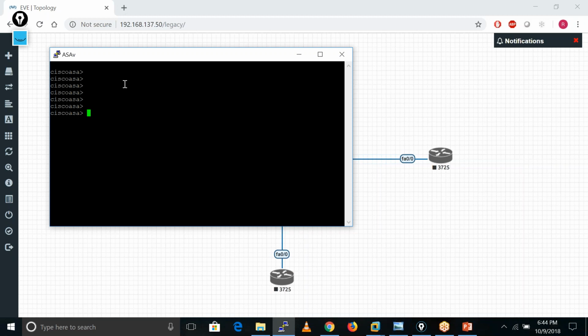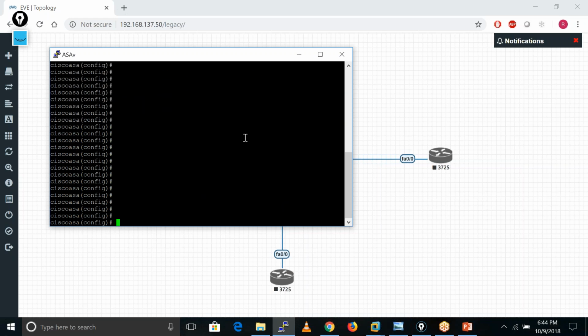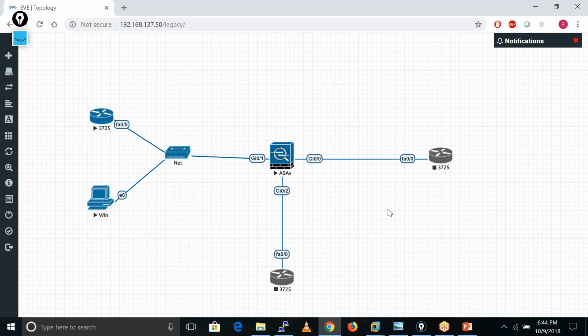So when you access this ASA by using console port, you get the ASA in this way. After that, you can run any commands there and go into configuration mode. So to access the ASA by using console port, we need a serial cable. Remember this point.